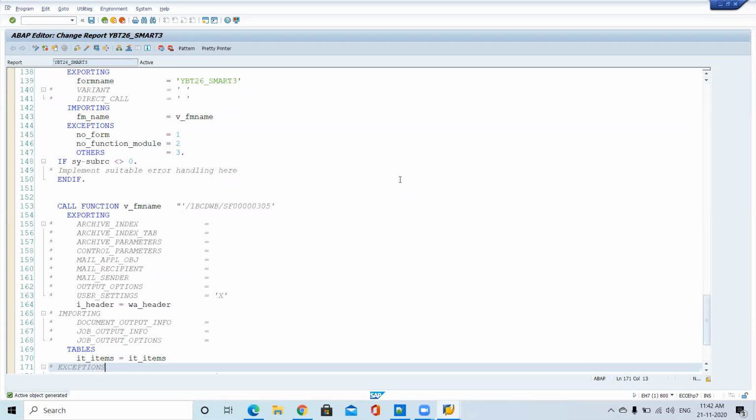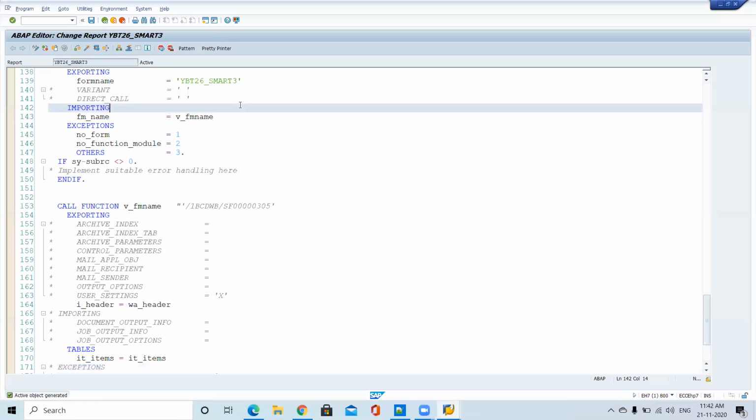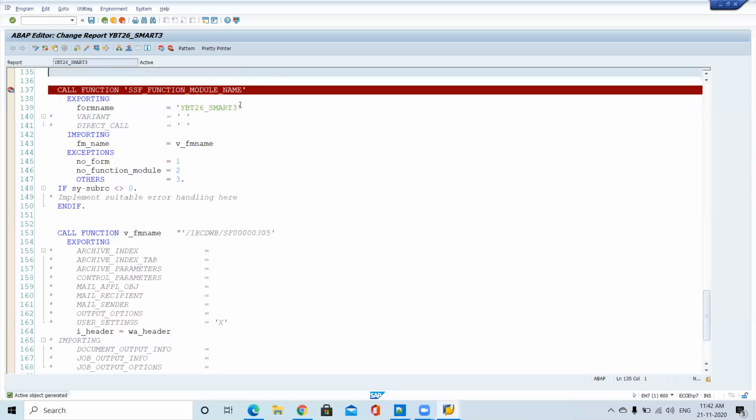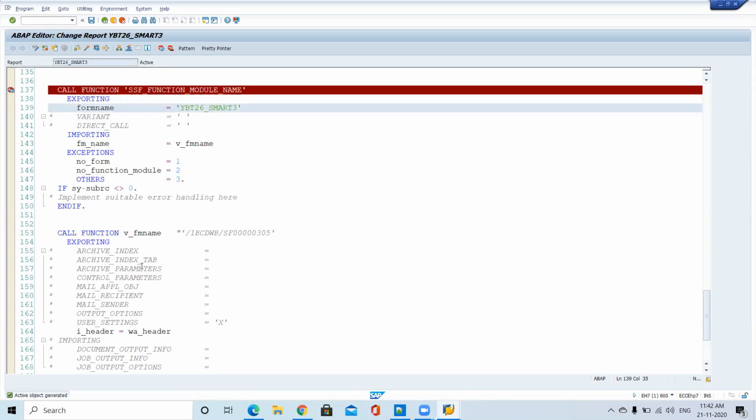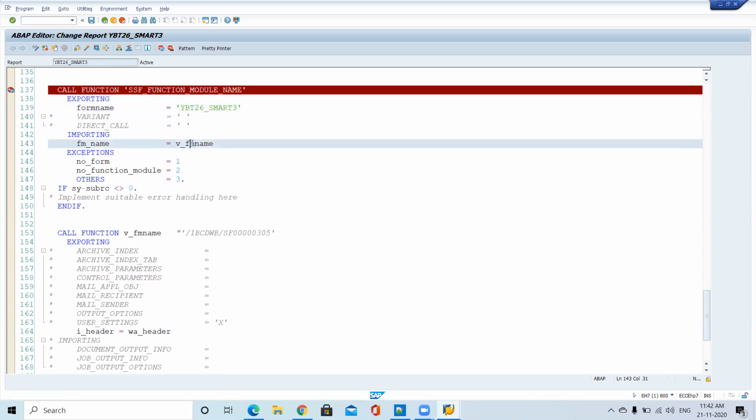Sir, here you have mentioned call function as v underscore fm name. So in the next client, will it automatically pick up whatever function module is there? Yes, dynamically. This will take care of that. You are passing your smart form name, and before coming here it is executing and it will return the value depending on the environment.